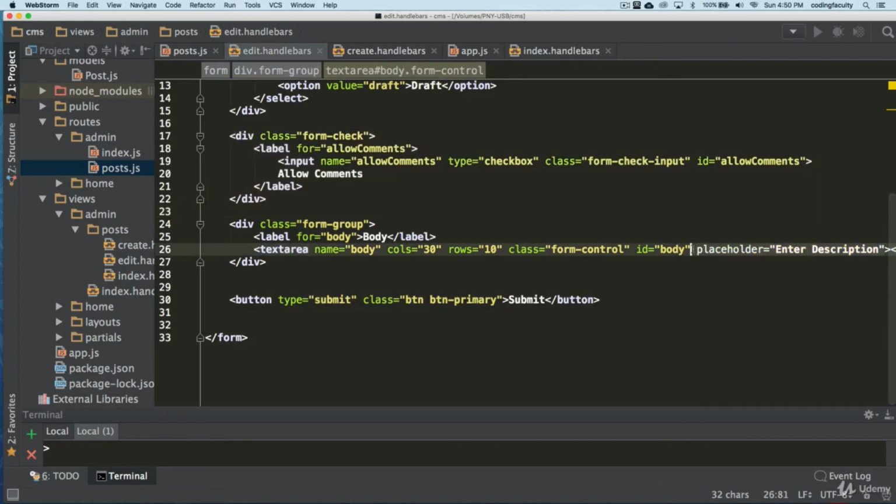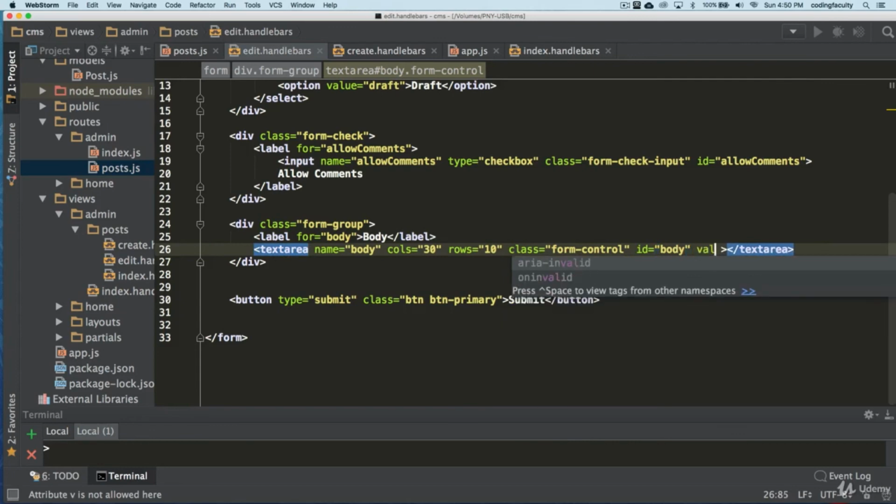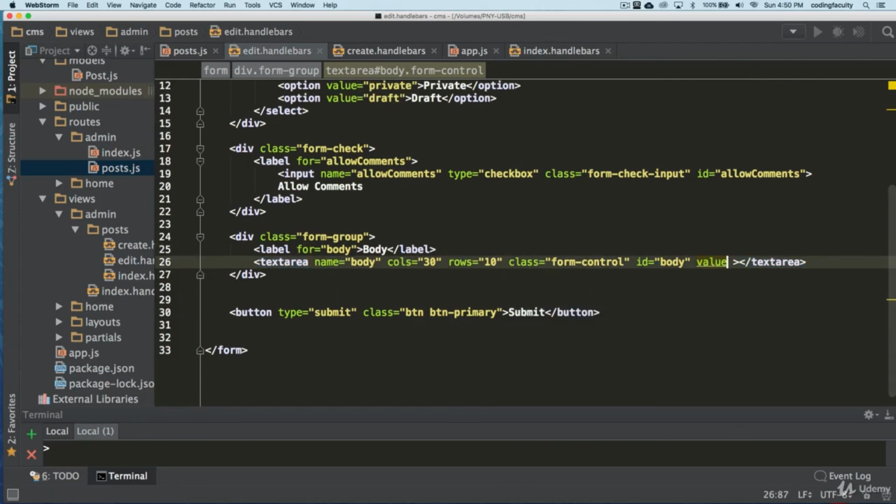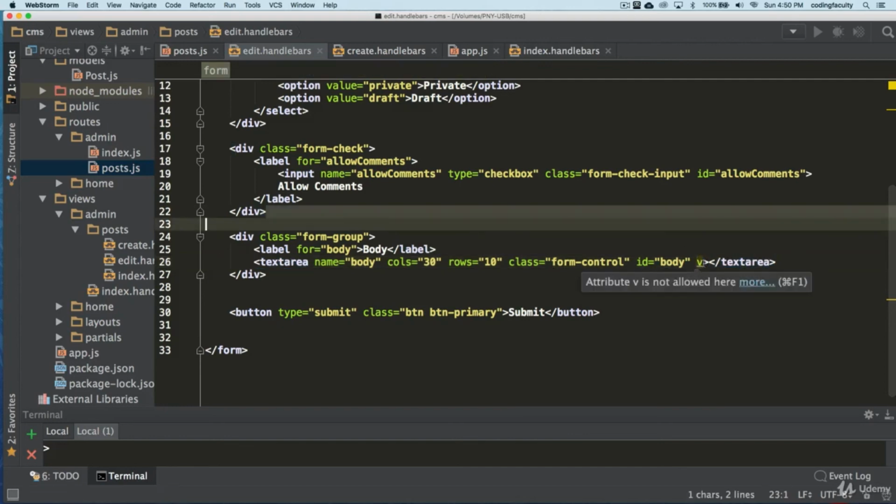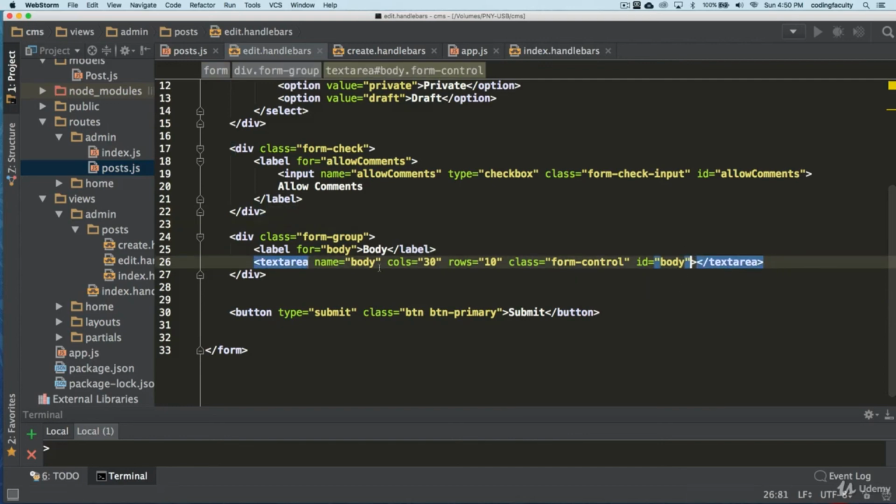Okay, so let's do value here too. Oops, I got this wrong here. This has no value. Let's just do it inside, and let's just do the body right here.